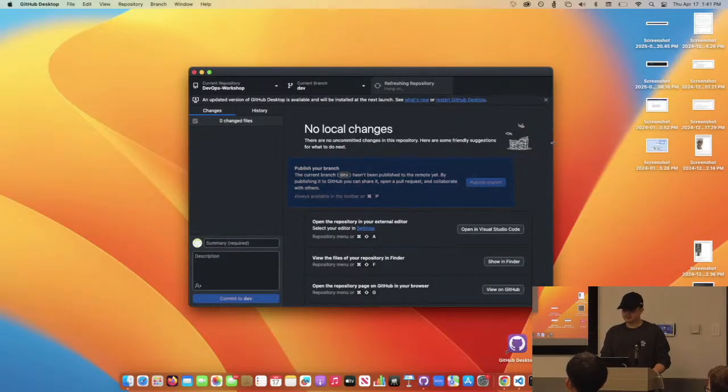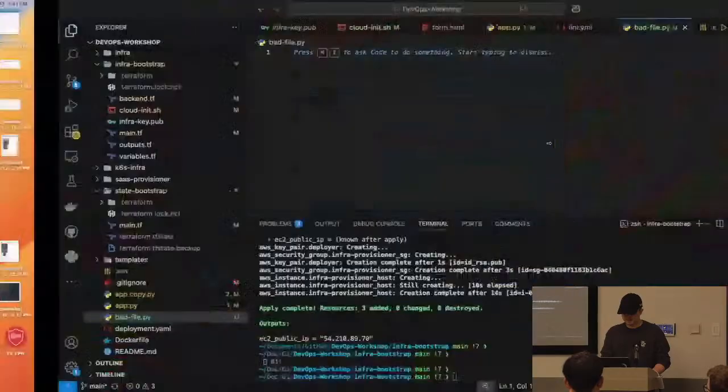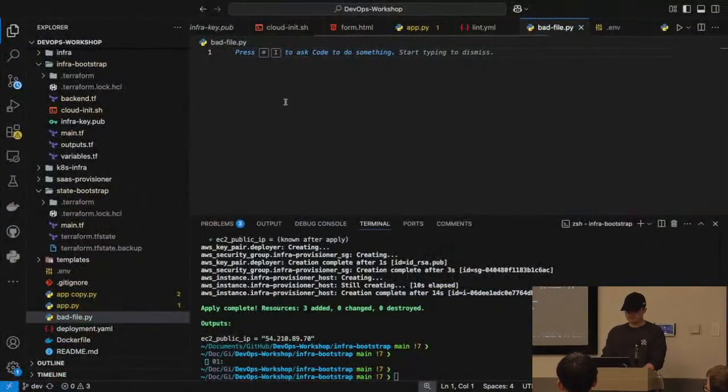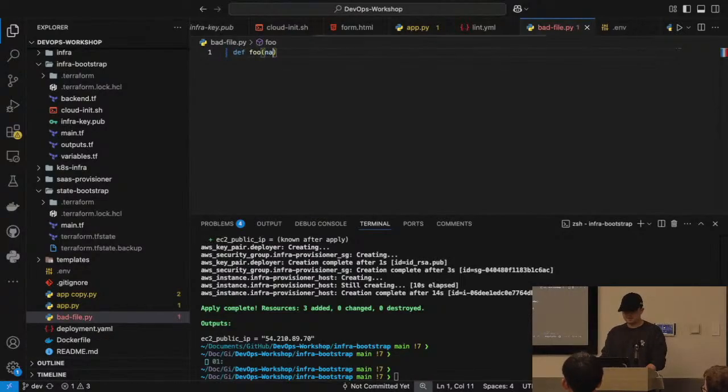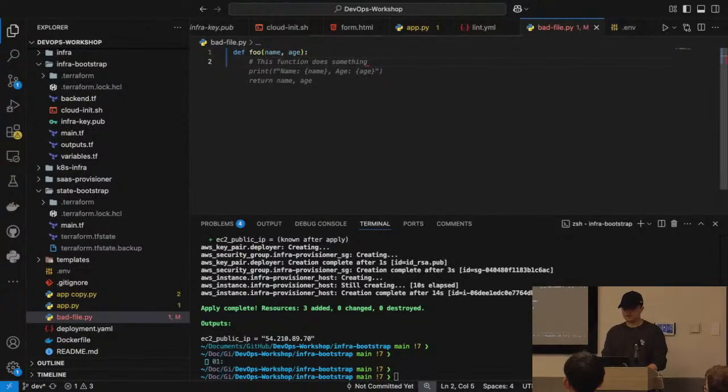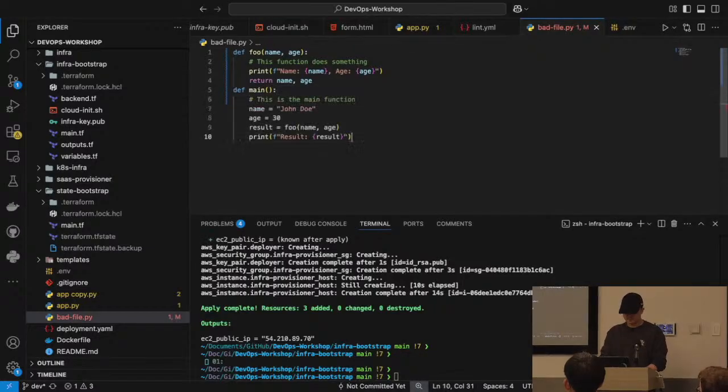And so the basic workflow of how a pipeline works is whenever I'm creating or coding a file, right? So I'm going to say this is a file that takes in a name and an age. I'm pretty sure I have bad code in this repository already, so I don't really have to do this. I'm going to use a basic comment. In Python, you want to try to stick to docstrings. And then in our main file, I'm just going to do def main and then have that print out.